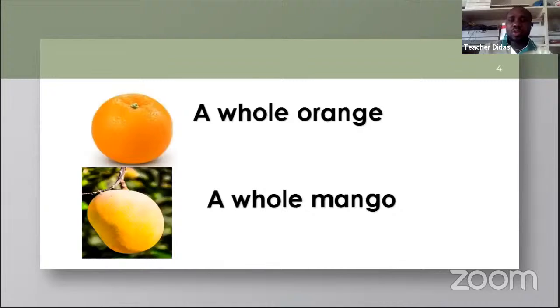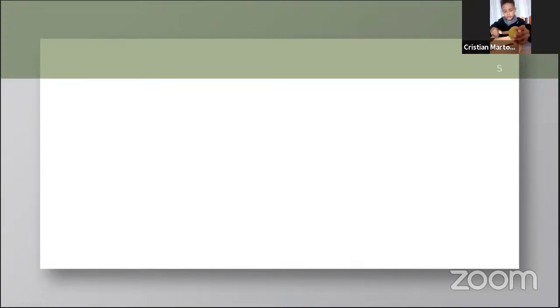I want you to cut that apple, divide it into 2 parts. Can you see the apple? Yes, I'm seeing the apple. Okay. Don't cut yourself. Do you need help? I think I know how to cut. Put it down and press down the knife. Or you can give mommy to help you.